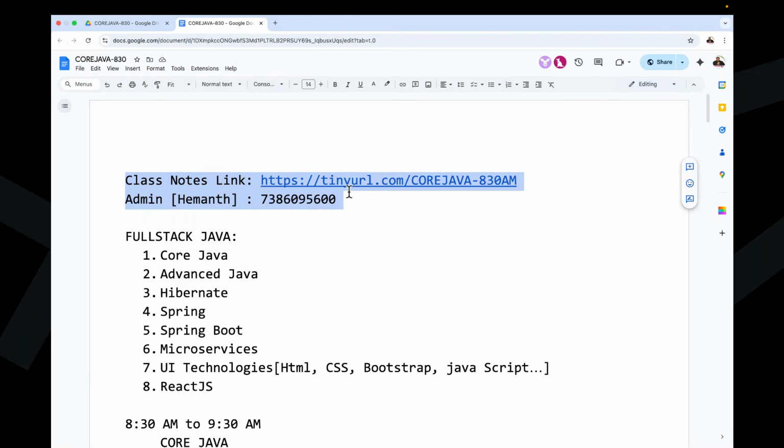Right, sir. Actually, next month on the 10th, I'm planning to start Advanced Java, not for our batch. For the morning 6 and 7 o'clock full stack Java batch, their core Java is in the middle. So for them, I'm going to start Advanced Java at 6 o'clock next month on the 10th. If you already have basics in core Java, then you can join that batch, no problem. All the concepts are covered in that batch, and in this batch also.